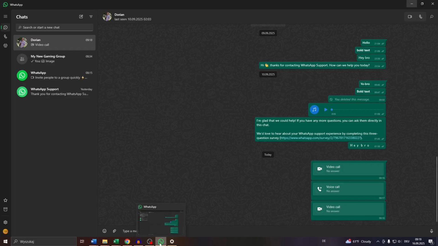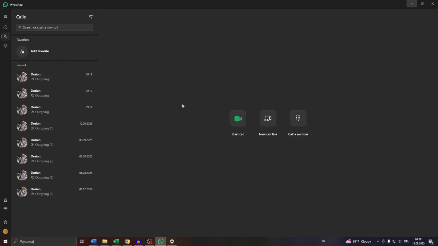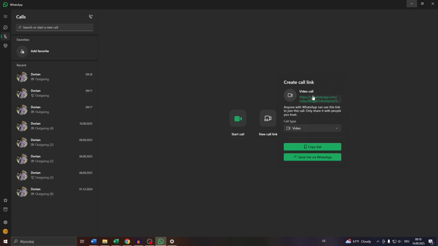Launch WhatsApp on your computer or on your laptop, and basically guys, what you need to do is click into that phone or phone call icon in the top left corner. Click into it, and here simply, instead of starting a new call, click into new call link to create an invitation link. And after that, the invitation link will be created so that you can now copy it by clicking into this button,